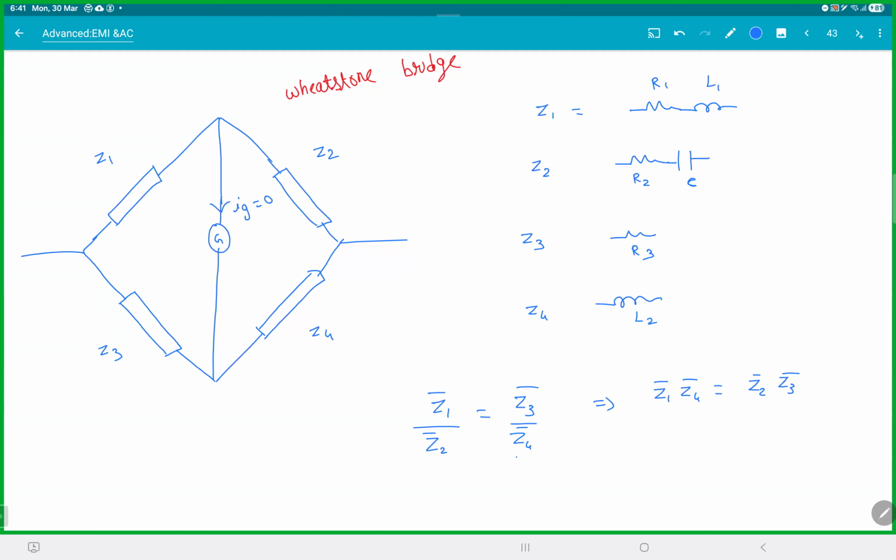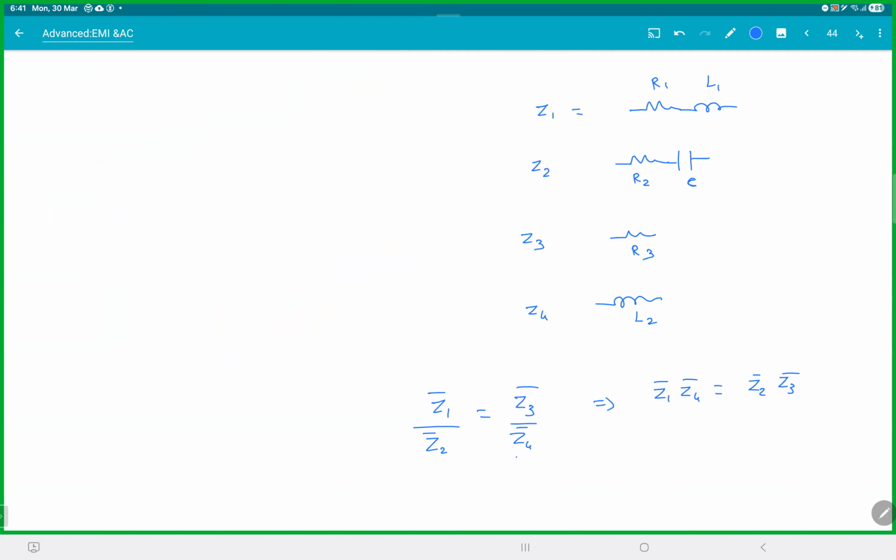When you add them, you add like complex numbers. When you multiply and divide, you do it like complex numbers. You just can't take the magnitude. You have to get everything in complex form. That's it. If you take your impedances in complex number form, you can use your Wheatstone bridge formula. Then when you do this, yeah, we will take omega. We will need it. So Z1, Z2 bar. So this guy will be